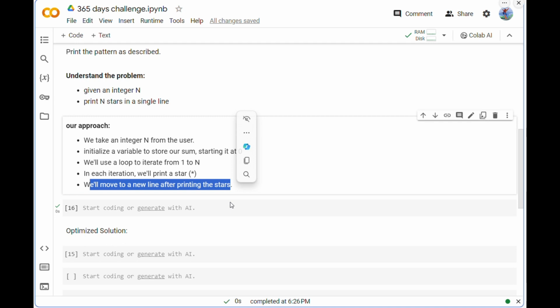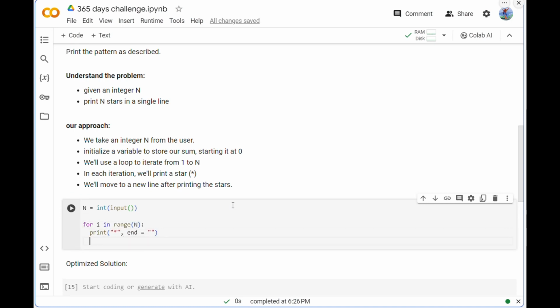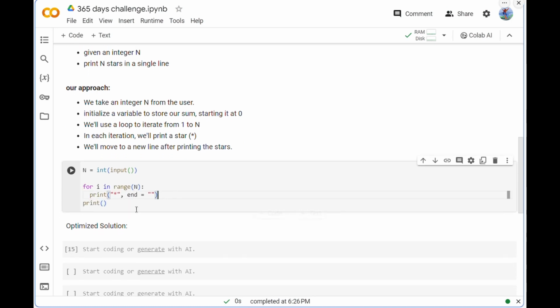So let's write the code for this. We have written the code. First we are taking the input from the user, then we have used this for loop, which will range from 1 to n. Inside this for loop, for each iteration we are printing a star. Because we do not want to go to the next line, that's why we are using end equals